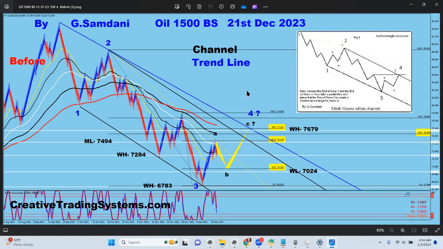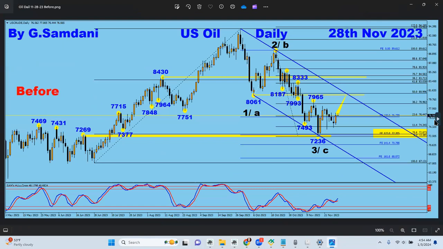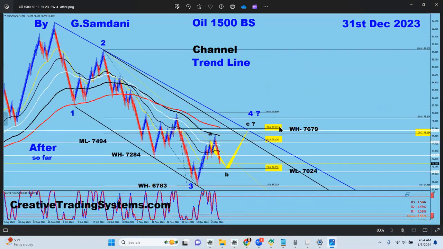All right, so this is it for now. Be ready for oil. It's going to jump, and we are here already, 70.24. Oops, my charts are getting mixed up. Anyway, you saw it already. So 70.24 is the level, and it came down as wave B nicely, and then I'm expecting wave C to the upside.